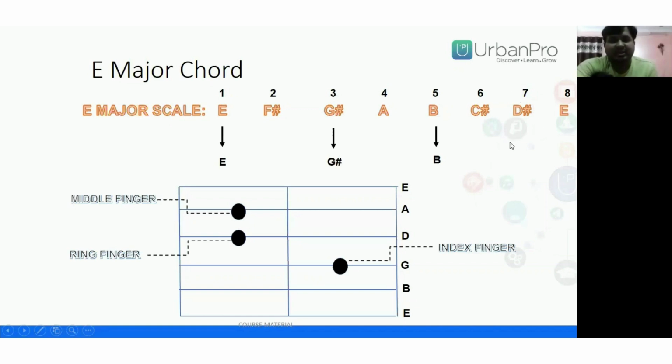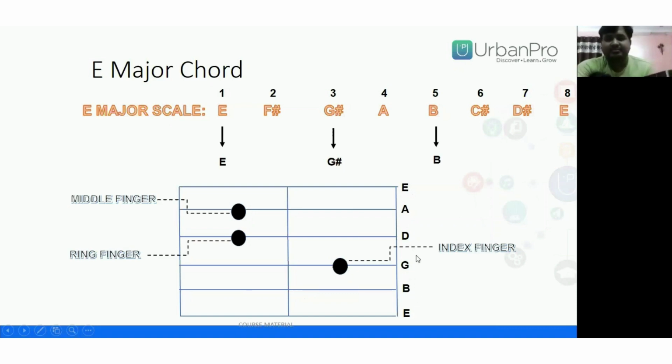Now for any chord you want to select from the scale, you always have to pick the first note, third note, and the fifth note. That means from this scale I will be selecting the E first note, G sharp third note, and B fifth note. Okay, and what I've done, I have drawn the strings below here, and I've drawn the 2 frets, and I've given the string names E A D G B E.